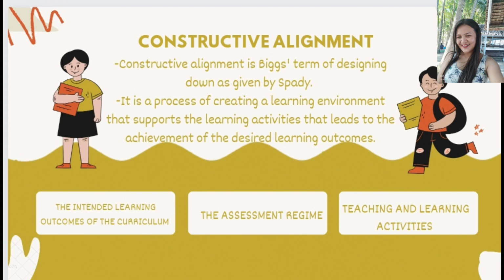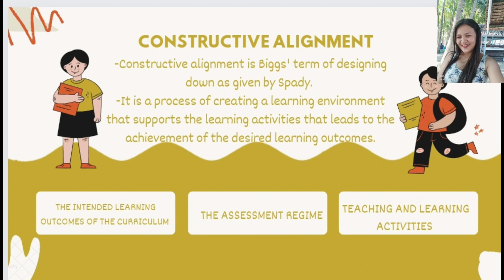In the context of assessment, constructive alignment also means that the assessment tasks and the specific criteria as basis of judgment of students' performance are aligned to the intended learning outcomes. This is the concern of the scores on assessment, that the assessment tasks are aligned to the learning outcomes. So as you can see down below, there are three boxes. Those three boxes represent the aligned curriculum model. The first one is the intended learning outcomes of the curriculum. The outcomes are formulated first.